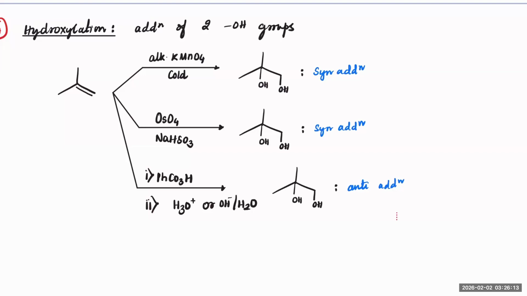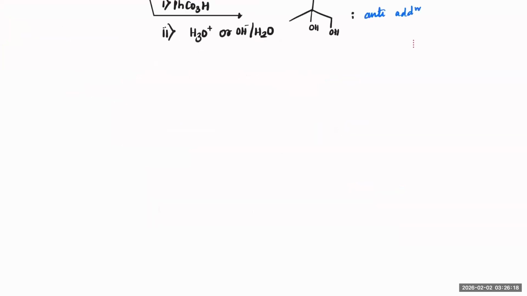Now we know how it operates. Let's see, based on the products, how do we need to write it? Here, more than mechanism, you need to learn about how the products need to be represented. So let me put this as an example. Suppose I have a cis molecule here and it was given what will be the product in case if you have an alkaline, cold and dilute